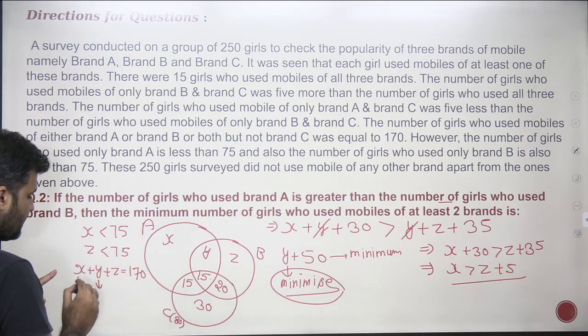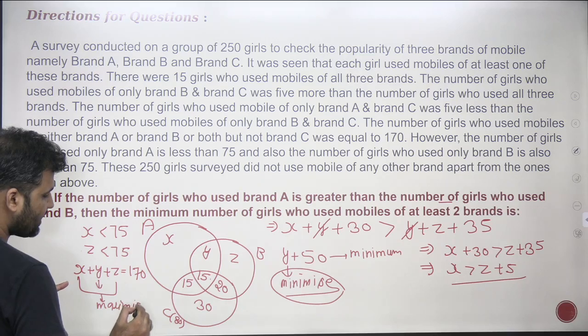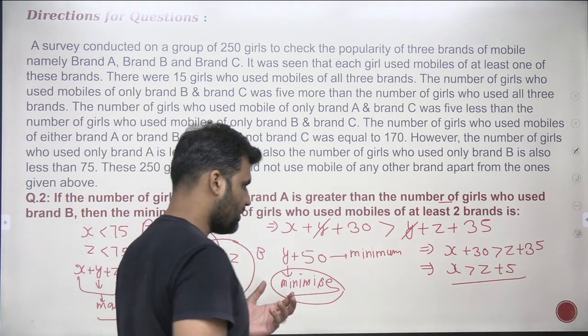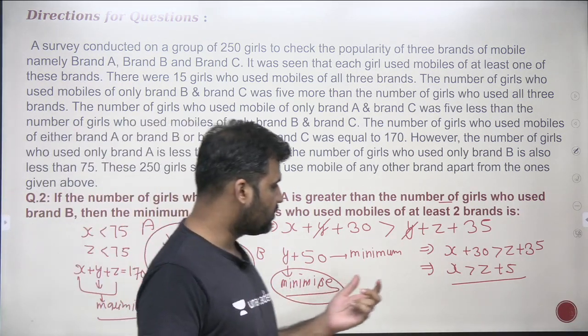Minimizing the value of Y means X and Z should be maximized, because when the value of X and Z is maximized, Y will be minimized. Now, tell me guys, if I have to maximize X and Z and I need to make sure X should